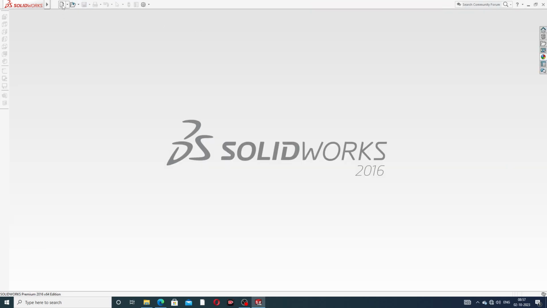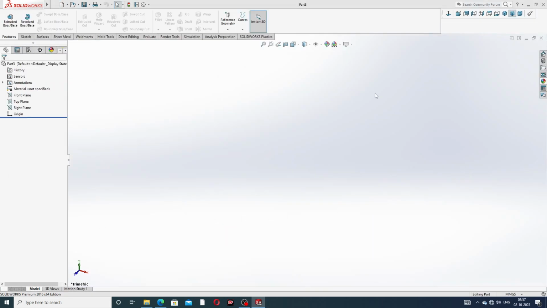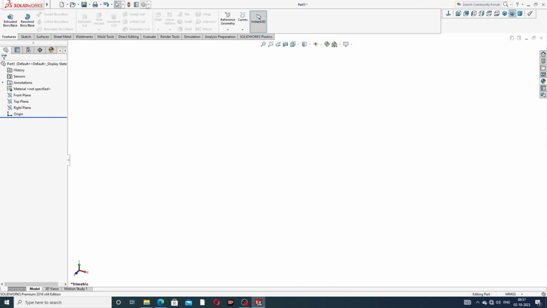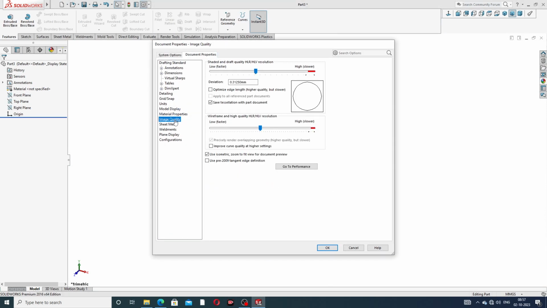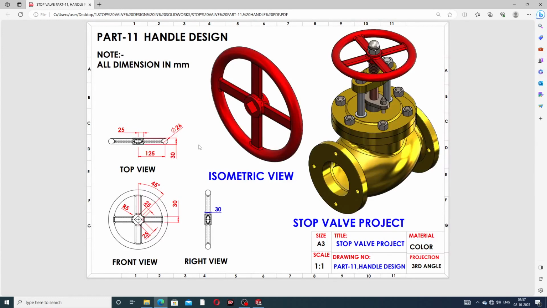Some settings are very important. Going to this part, and the part is this and plain white, and going to options and document properties and image quality. Image quality is very high because all geometry lines look perfect. Okay, all is correct. Okay, at first drawing this body,